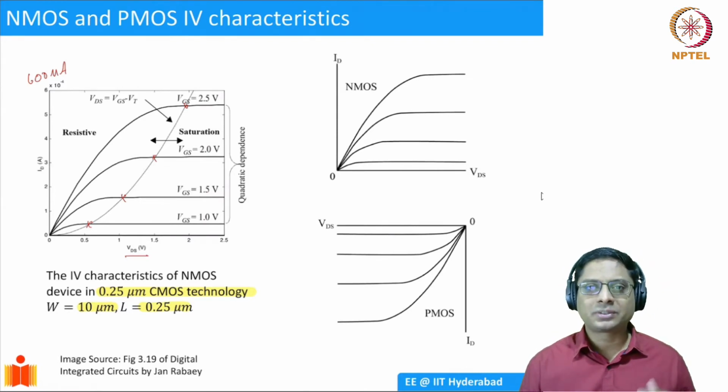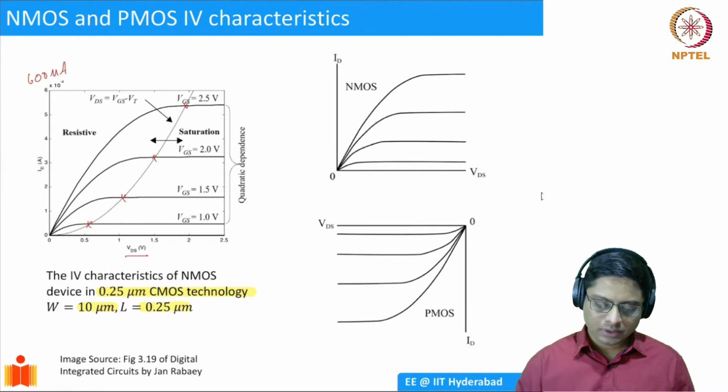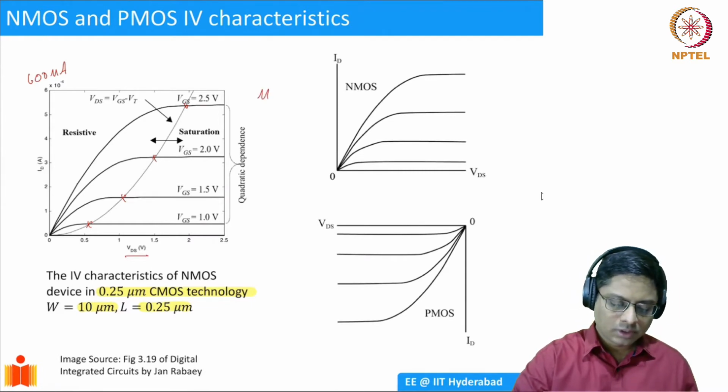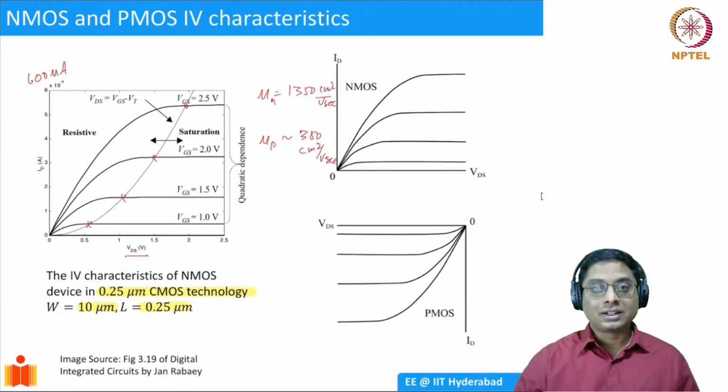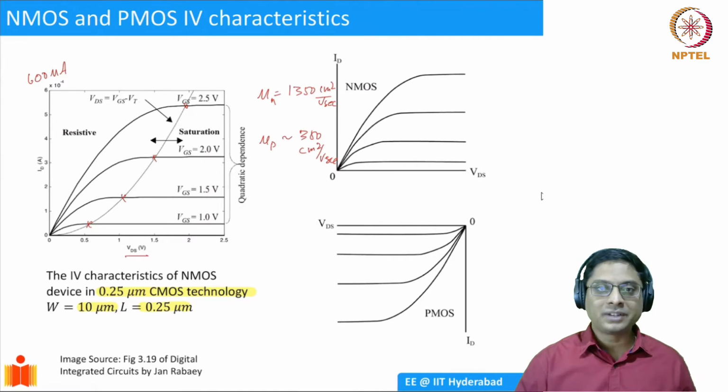So far, we never really discussed much about the PMOS device, but it turns out that the PMOS characteristics are also complementary. The only difference is that the mobility of PMOS devices is much smaller. So the currents will be smaller in the PMOS devices. Because remember, mu n for NMOS was something like 1350 centimeter square per volt second, where mu p was, I think, 400 or 350 centimeter square per volt second. So this is a bulk mobility. When you come to the surface, it will be even smaller. So the PMOS currents will be smaller.